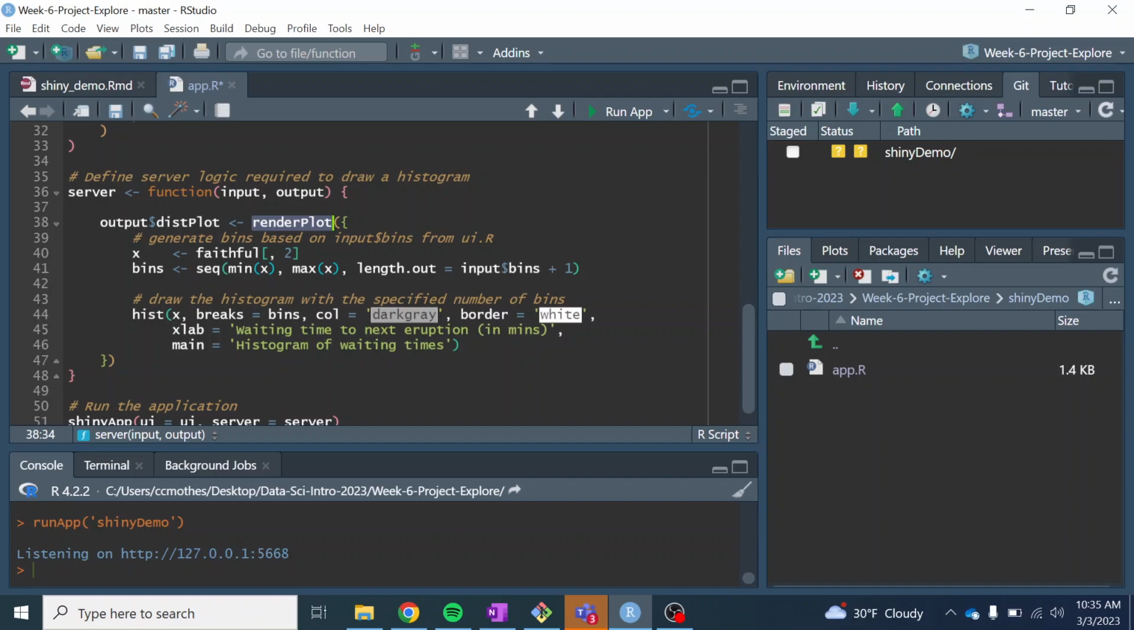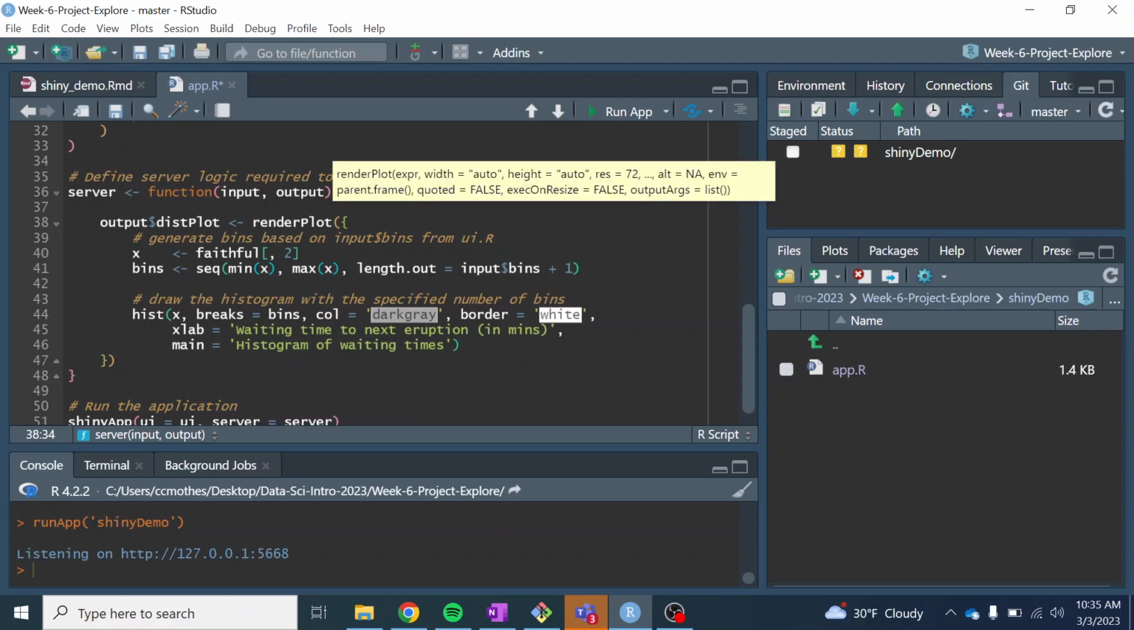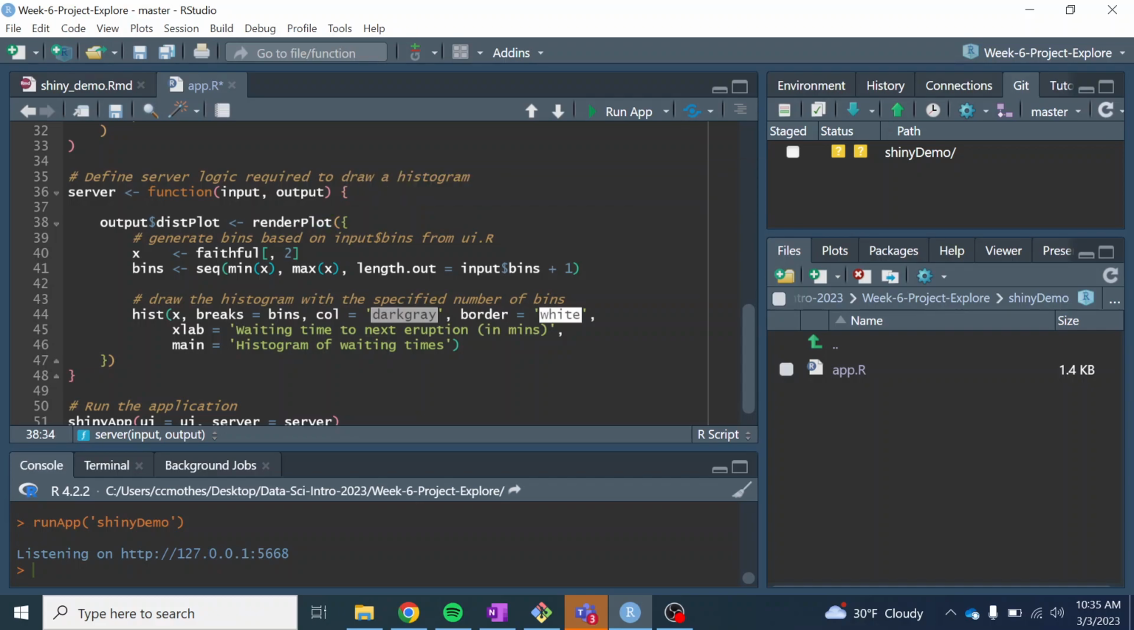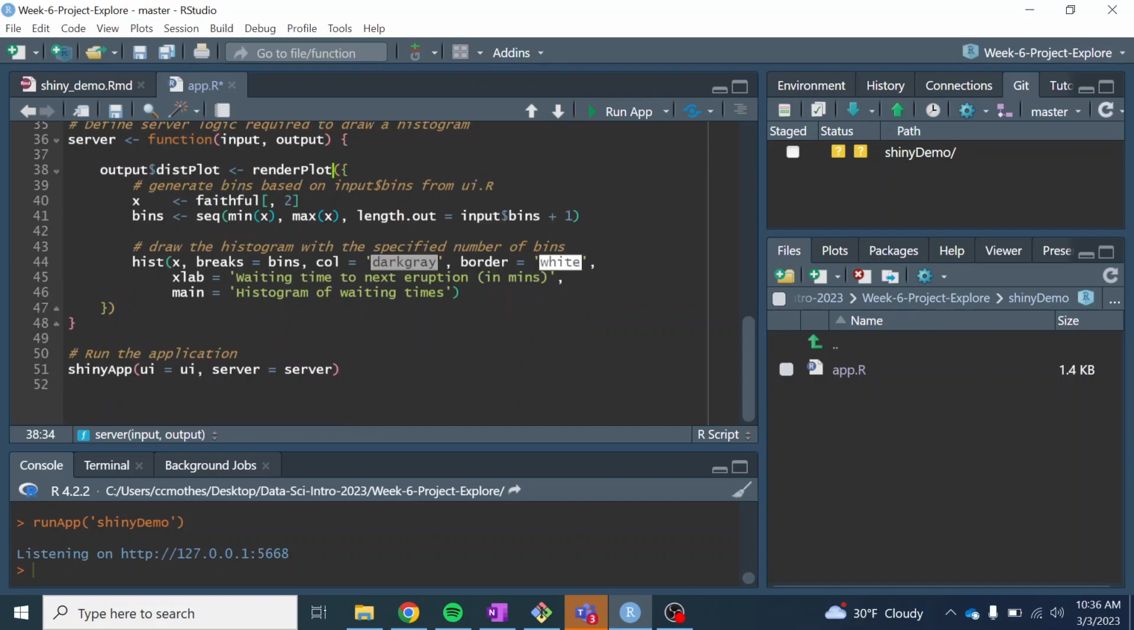So I know this is kind of a lot of new syntax, but the structure is similar. Really, it's just the types of outputs you'll be changing. Like if you wanted a table, it would be renderTable. And there are a lot of resources. I've linked some back in the GitHub too for finding these. So when we're rendering the plot,